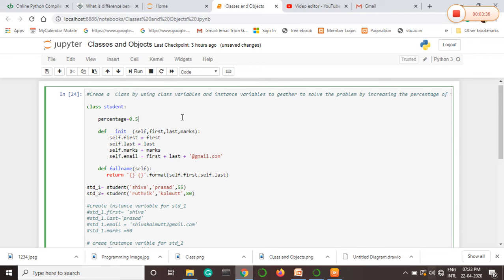This is how we declare and initialize the value for a class variable. This is nothing but a class variable, whereas these are what we call instance variables.